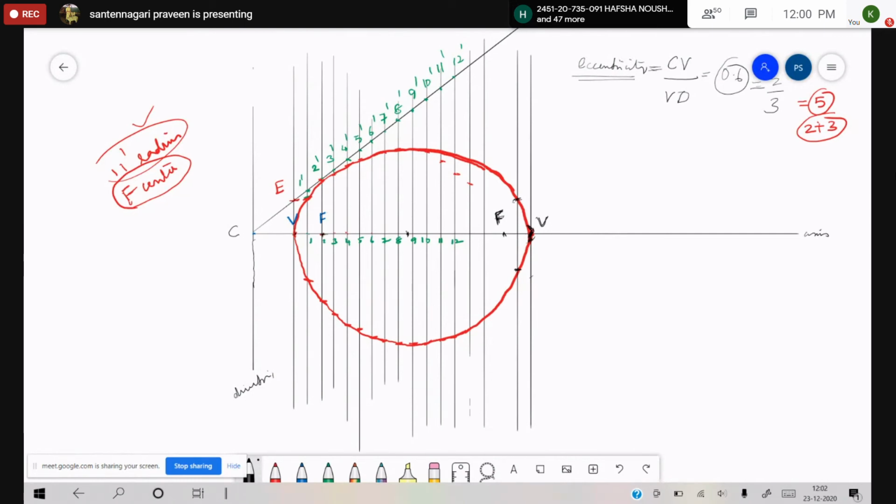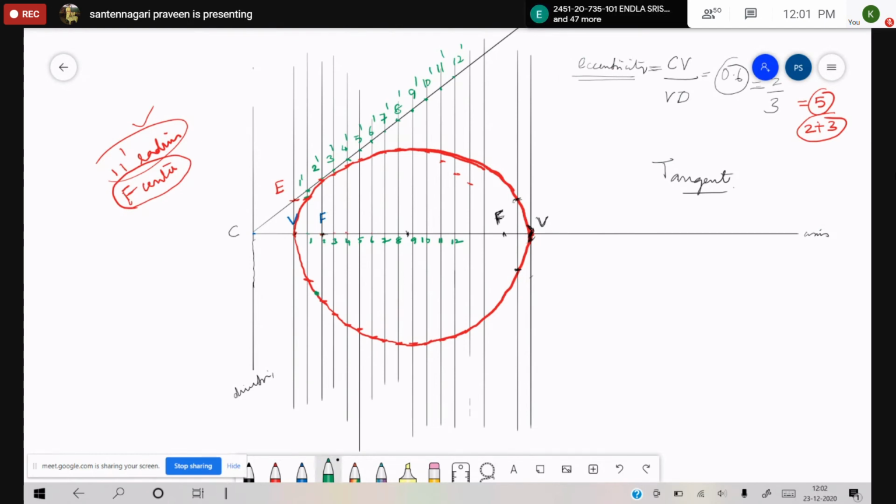Now our major part lies where we have to draw the tangent for this. So tangent is something where it's a line which is touching any part on the periphery of the circumference of your curve. So take any point, say this is a point from where we wanted to draw a tangent. So how to draw a tangent?